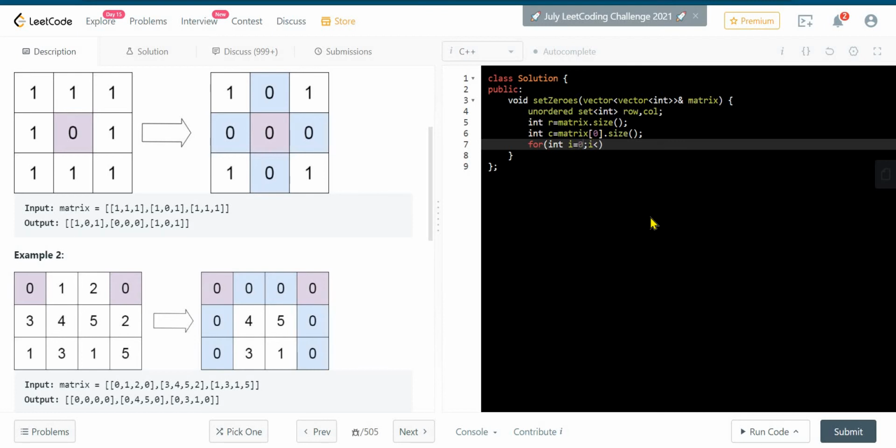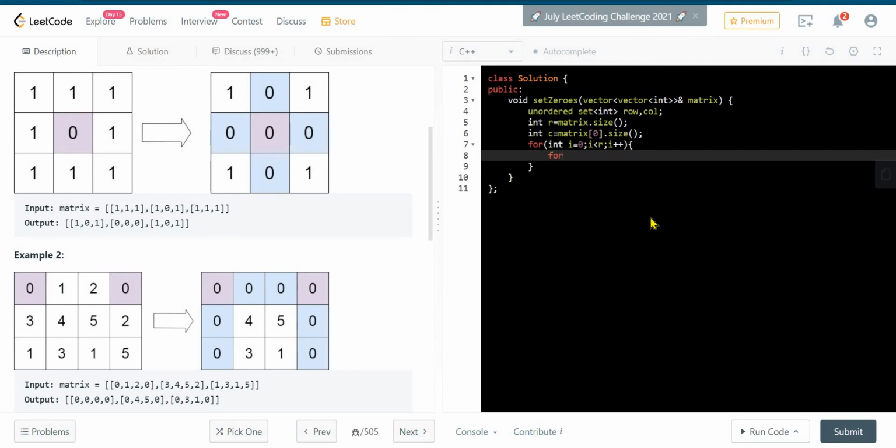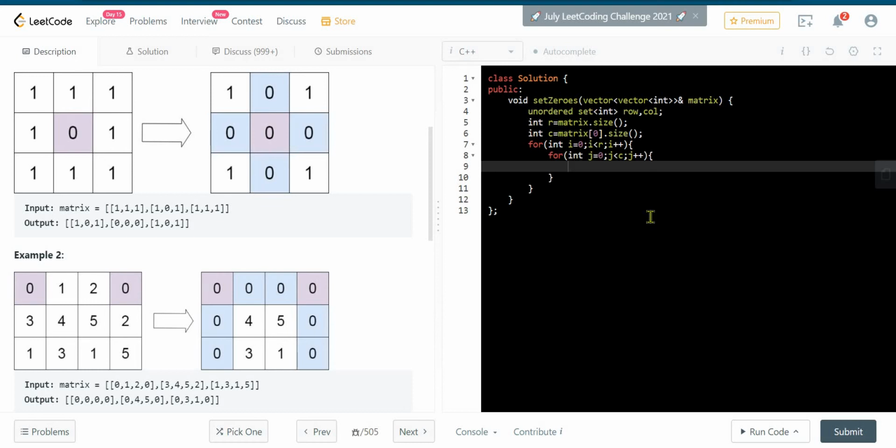Then we'll traverse towards the rows, so i should be less than r. And for the next for loop, we will traverse each element of the column of that particular row. So let's take j equal to 0, j less than column, and j plus plus. So if matrix of i and j is equal to 0,